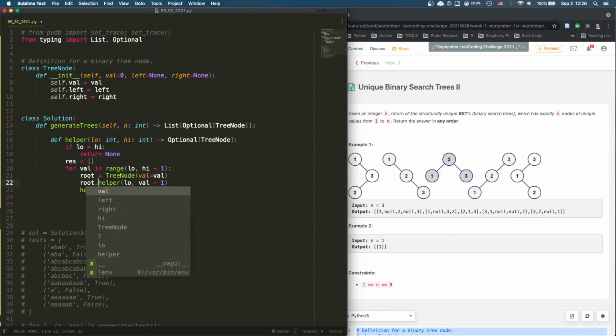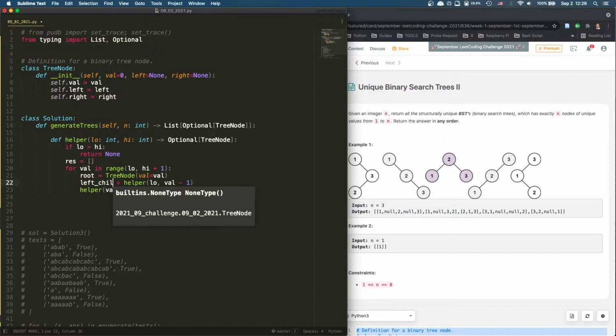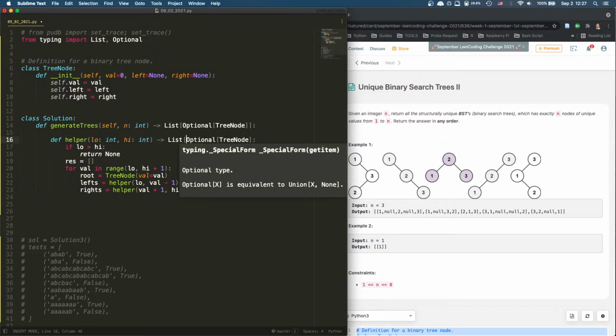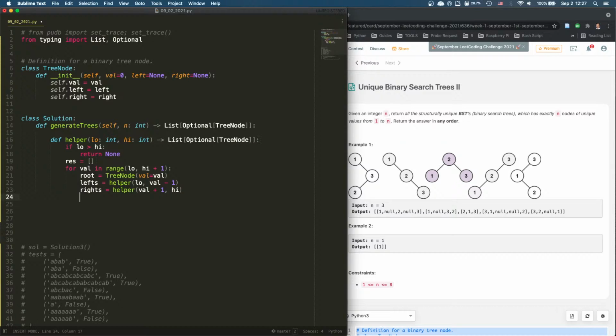So root is this, so root dot left equals, oh, this will give us all the lefts. There's all the left children. Lefts and rights. So we have a root, and we have all the lefts and all the rights. Then we need to take the product. This will return a list of optional tree nodes, and then we just product them,